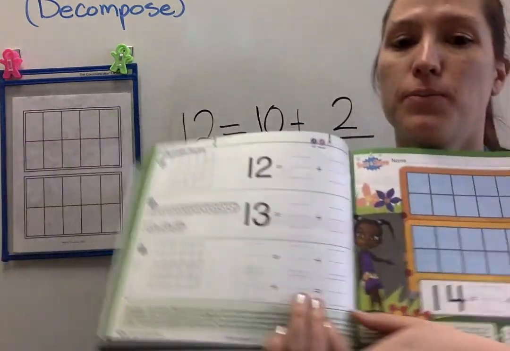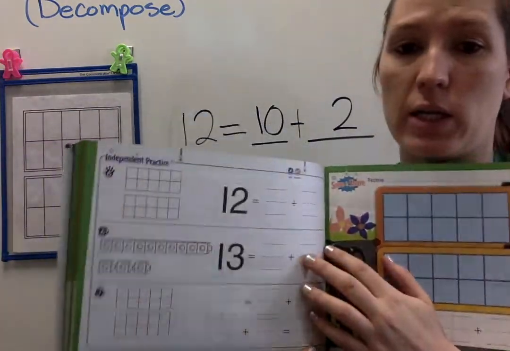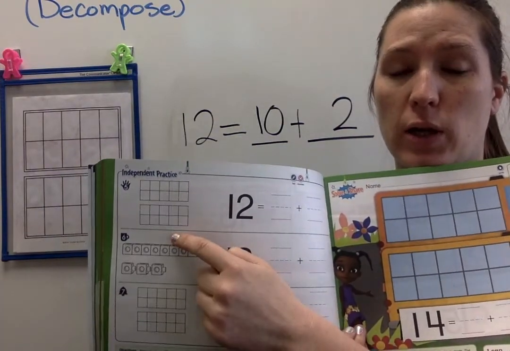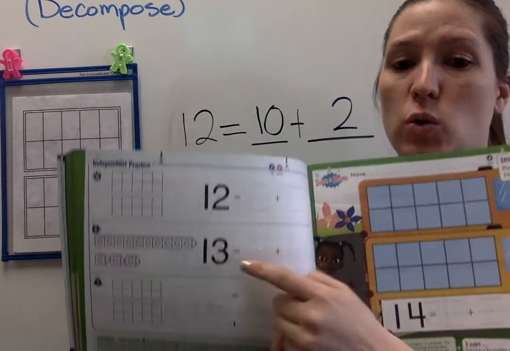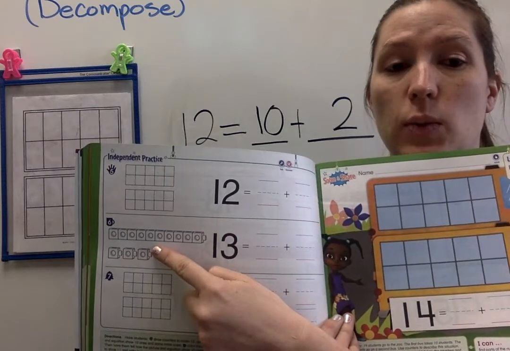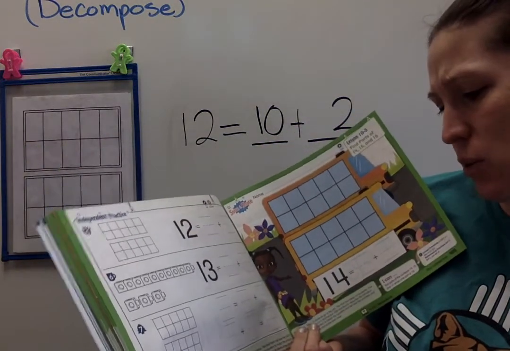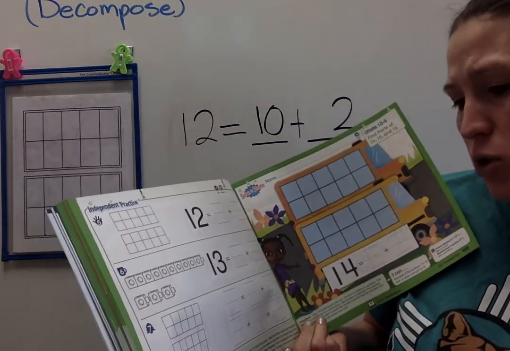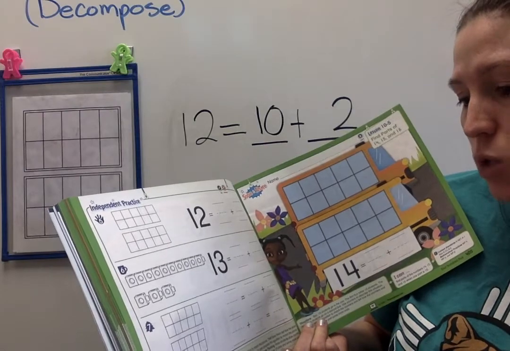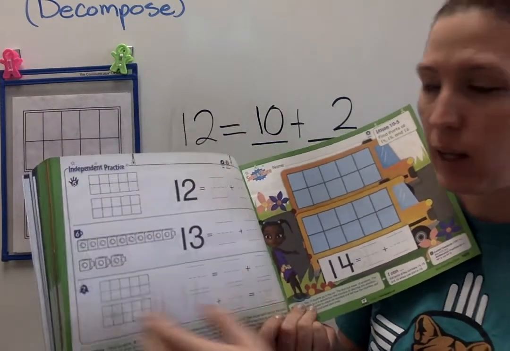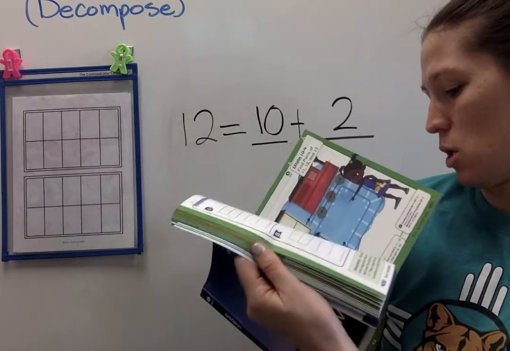And then over here, you're just going to continue practicing this skill. A group of 12. What does it look like on a 10 frame? What does it look like in the finished equation? 13. What's it look like with the cubes? How does it look in an equation? And then your challenge question today, number 7, have students draw counters to show 11 and write two equations to match the picture. So this one is going to be kind of like what we did a couple days ago,